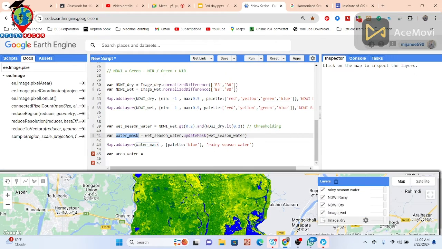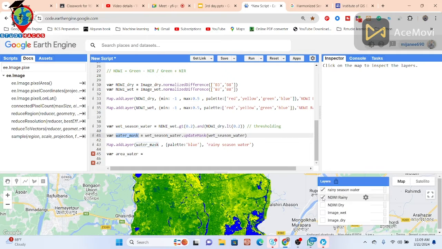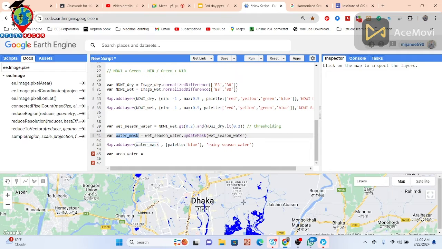Here you can see, I just simply open this map. Okay, this water body map is stored in this variable water marks. So I simply put here the water marks, multiply with the function of